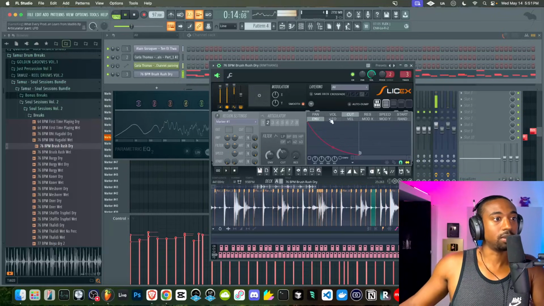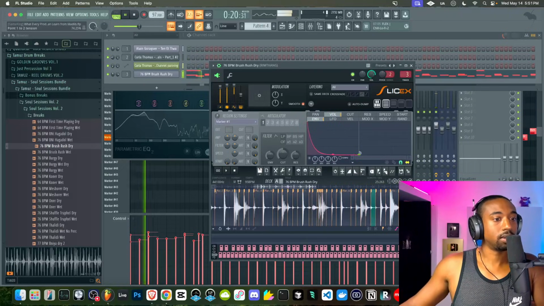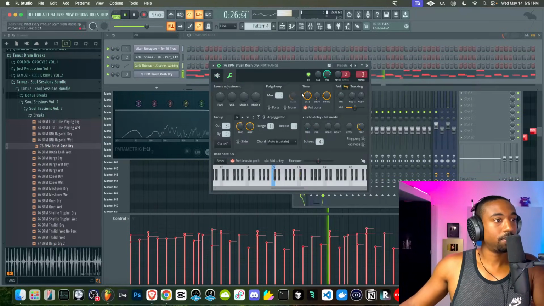We can also add a volume envelope to the entire articulation group to truncate the entire chop of the drum. Let's add a little more time shift.